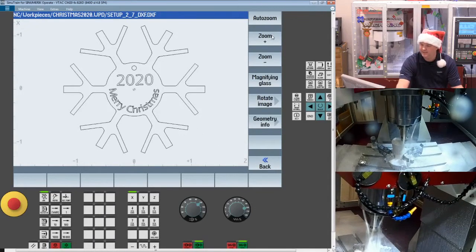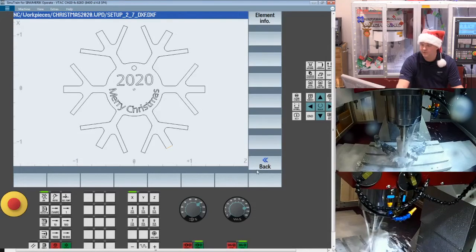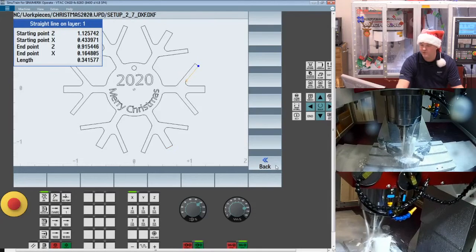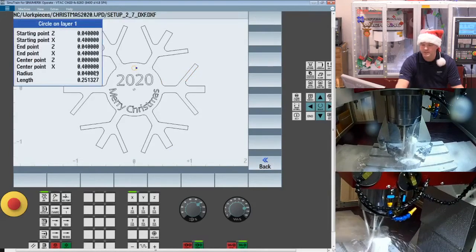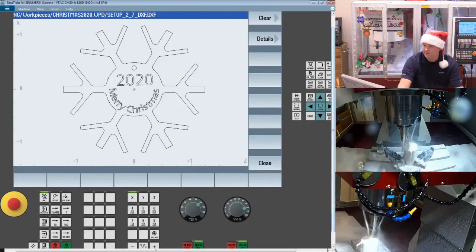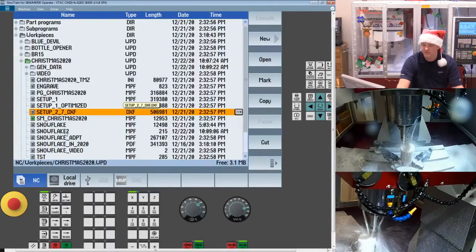And you can even go into details if you want to, maybe specifically check the geometry of an element. I can pick different features through the part. So you can use this to get an idea of what the part looks like. But if you have the option for DXF, then what you're also going to get is inside the program,